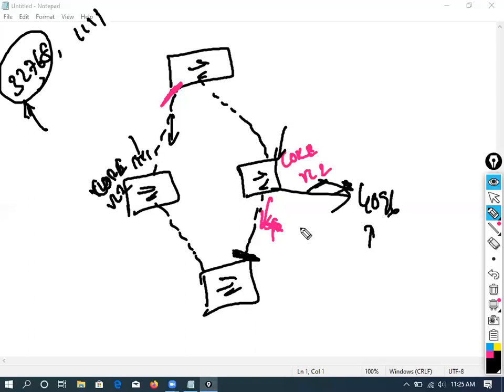Correct, but VLAN 2 also, VLAN 1 also will choose that core switch, no? I'm specifying for VLAN 2. VLAN 1 PVST I said, right? For VLAN 1, by default it is PVST only, because by default all the switches have VLAN number 1. Okay, clearly understand? Now like this you can do a little load balancing, but this concept is known as PVST.